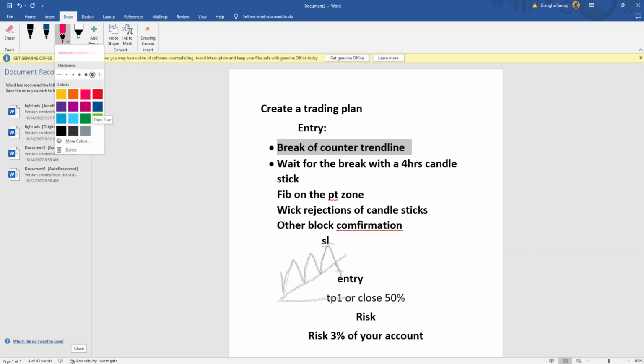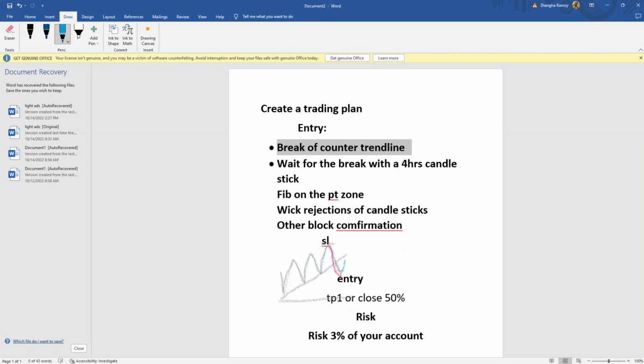Price is always going to come and do this. Let's use red to come down. Price is always going to come and do this. Price is going to use blue to go back. Price is always going to come and push back up a little. Okay,